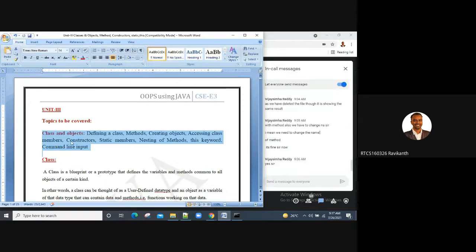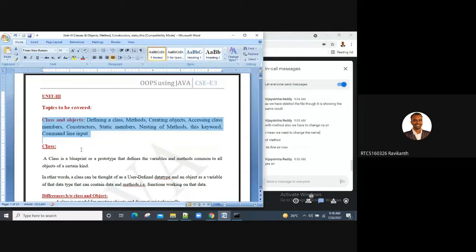Then constructors: default constructor and parameterized constructor. Then the importance of the static keyword with respect to static variable, static block, static method. Then nesting of methods. Then this keyword and then command line arguments.